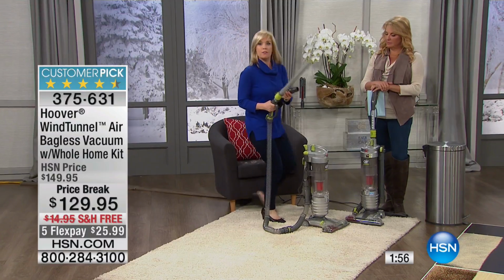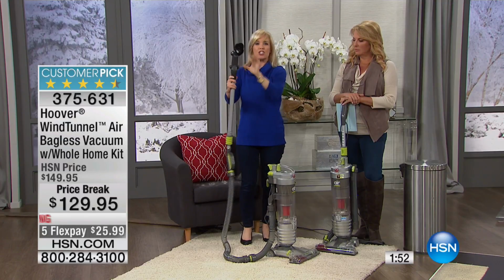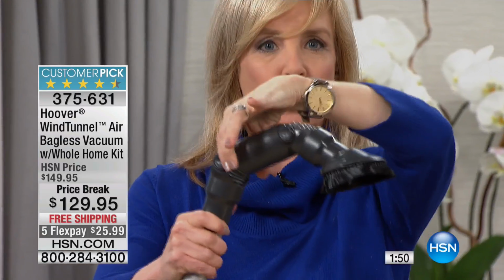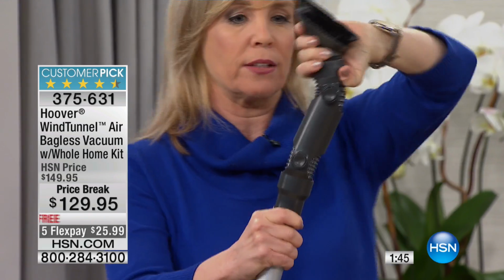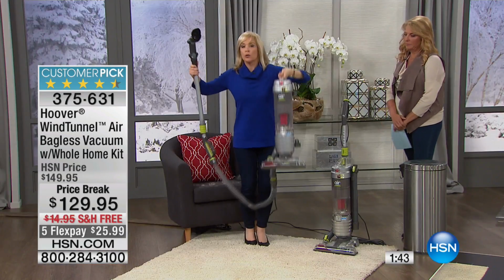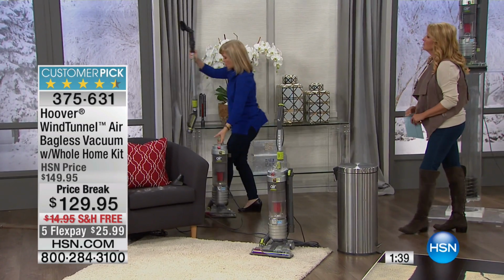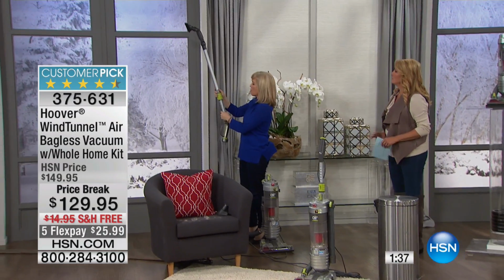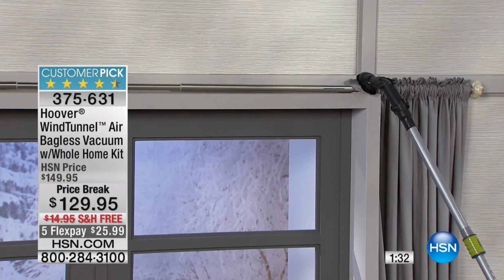And then, okay, I'm only 5'2", so I'm going to put on my favorite brush. This is called the articulating tool. And check it out, the duster. It has 2 pivoting points. It bends forwards and backwards, great for your ceiling fans. So right here, it only weighs 12 pounds. You can take it up and down your stairs with that 30-foot cord. And check it out, you can get all the way, and the adjustable handle, so you can get even higher. But check that out right there. If you want to get on top of